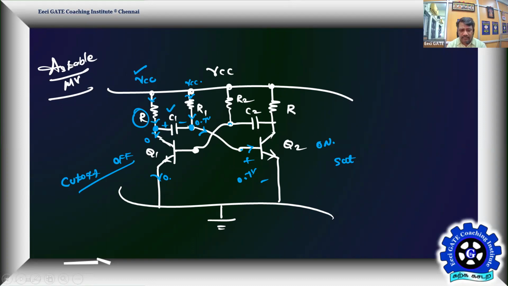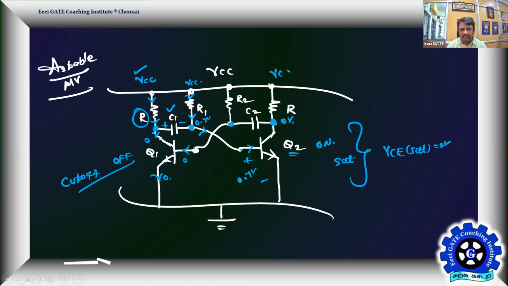So what is happening to this capacitor means, since there is no current in this path, this current is equal to 0. And then what is happening? This transistor is in on condition, so VCE sat, you can take for this transistor, is equal to 0 volt. If that is the case, this point will be equal to 0.